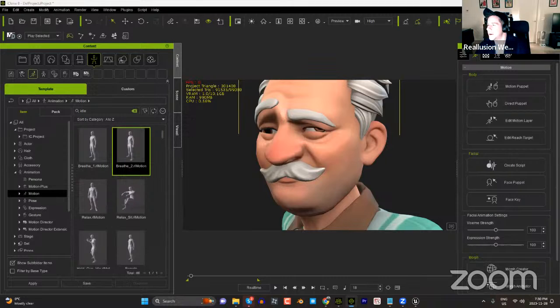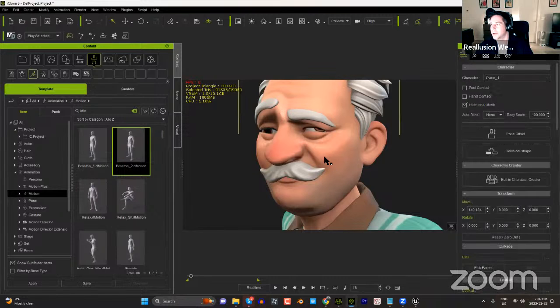Question from LV here. Hello, hope all is well. All is pretty well. It's a little off topic, but I wanted to know if you had some tips fixing the eyes and the mouth. For Headshot to create my character, the eyelids look crazy scary when the eyes are closed and the bottom lip of the mouth has a rim that looks like a double bottom lip. Good question, LV. Honestly, when you're bringing in a custom character, especially,